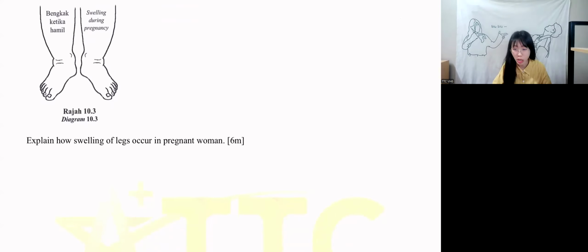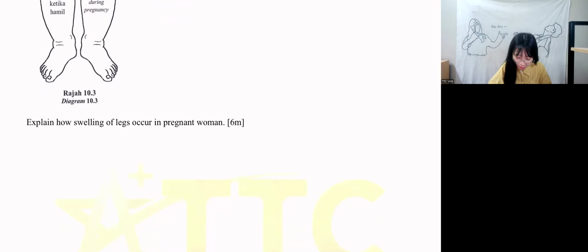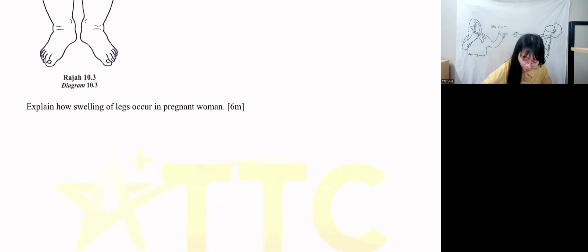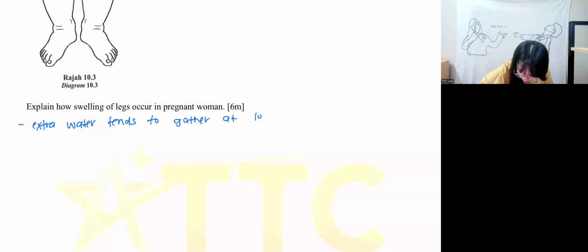To explain in a sentence, we have to talk about the blood flow not being good. The lymph accumulates in the space between the cells. When there's accumulation of fluid, it causes edema. Now, this is also a very commonly asked question in the exam. But I don't think it's an easy question, although for other schools, maybe yes. So you're going to say extra water tends to gather at the lowest part of the body